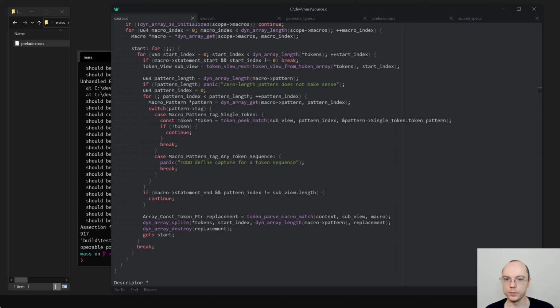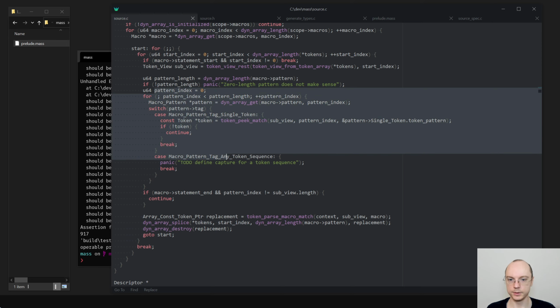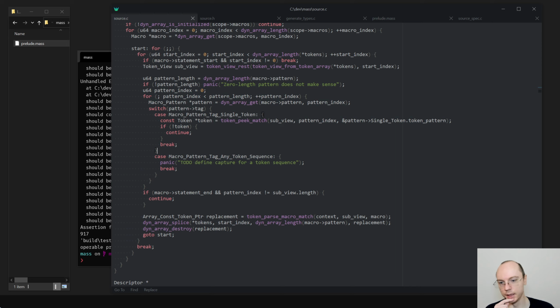Okay, what is going on? We go through this, we slice it, we get the length. Okay, we start with pattern index 0. We go through pattern length. We get the macro pattern from there. We check this stuff. Oh, okay. So yeah, this is why I didn't want to inline it here. It's because I need to jump to this loop.